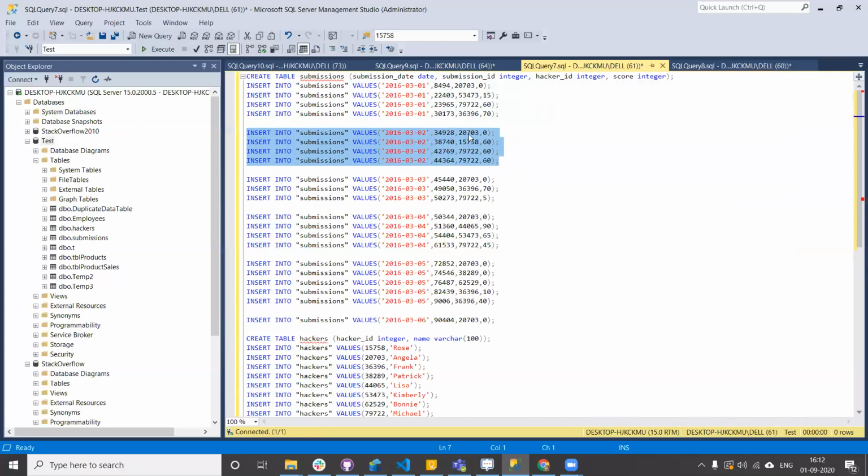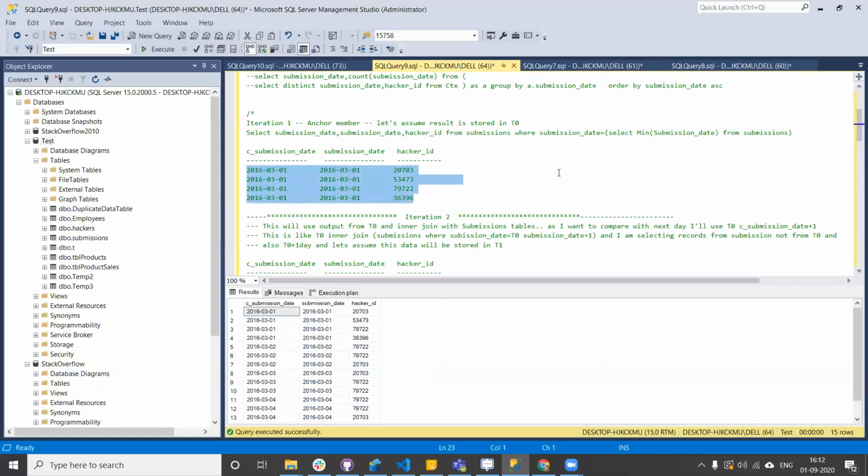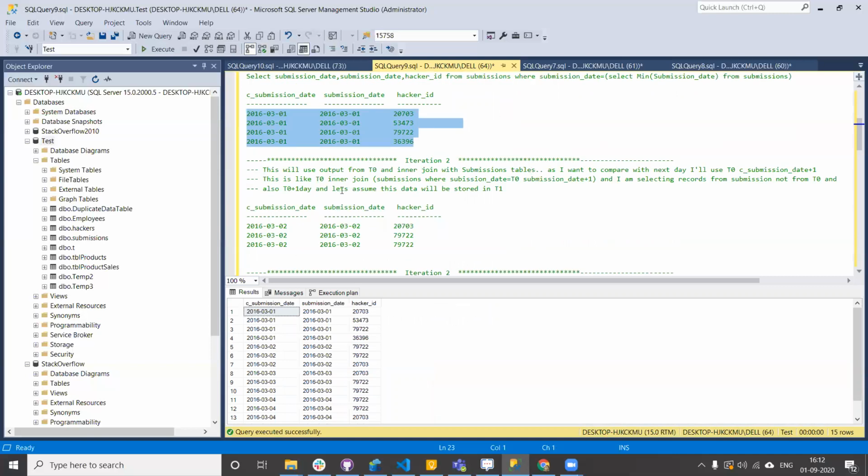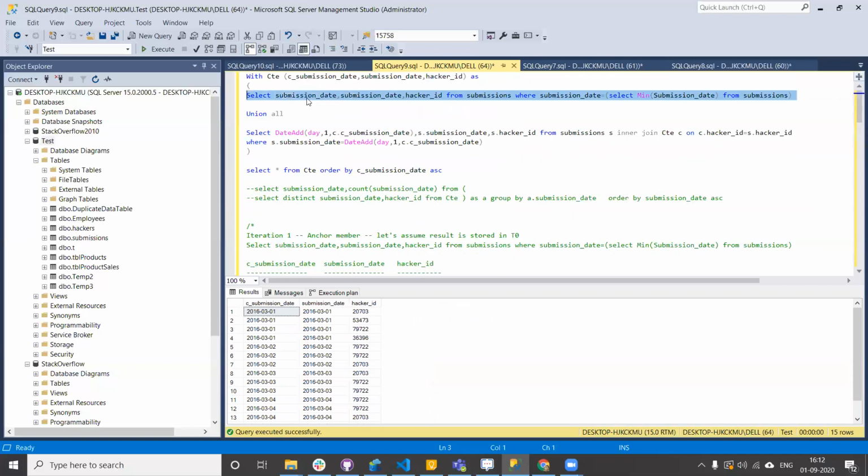So 20703 and 79722, these 2 records we will be getting. Let's assume this data will be stored in T1. In the second iteration, it is making use of the T0 result, which we got from the anchor member, which is nothing but this particular first query.